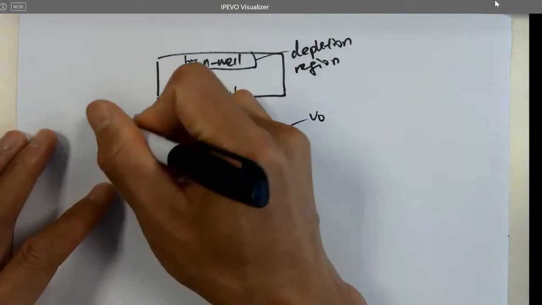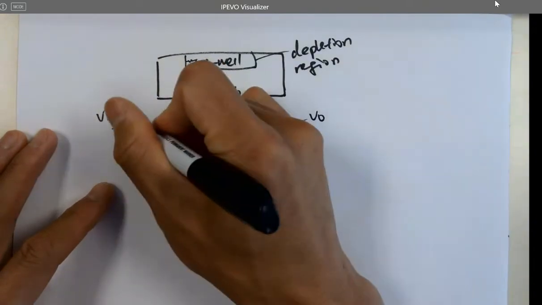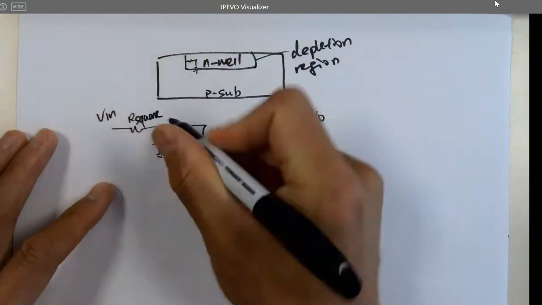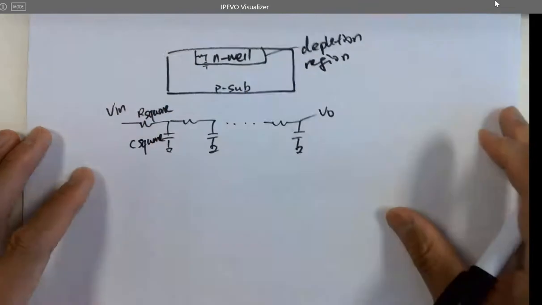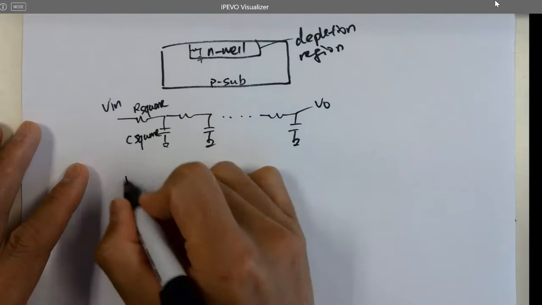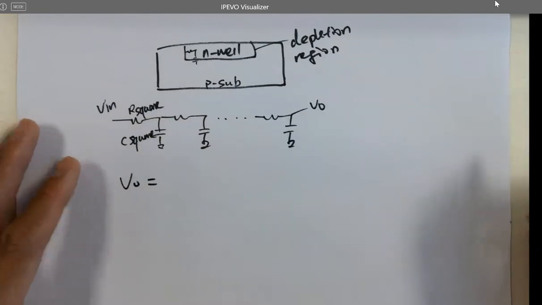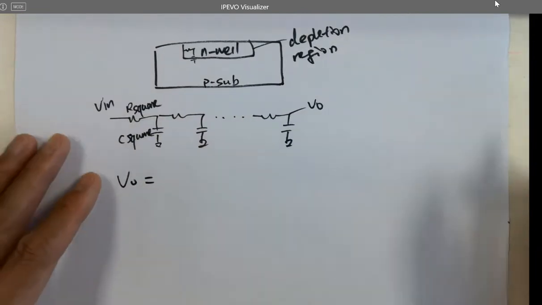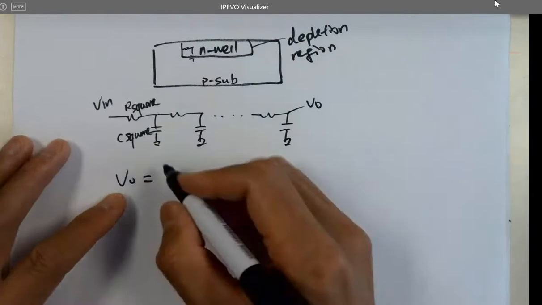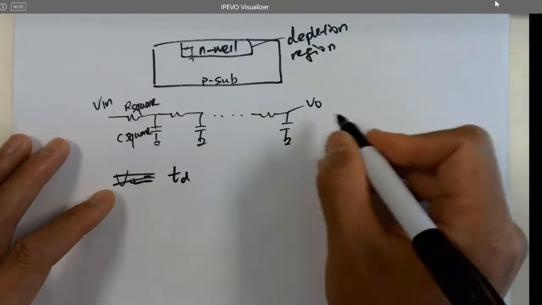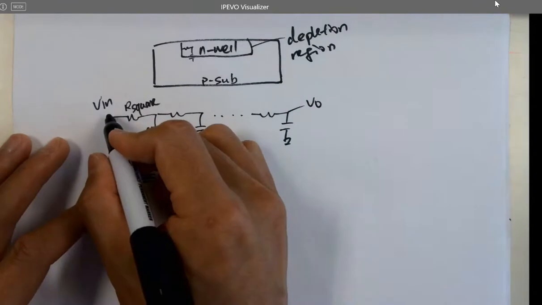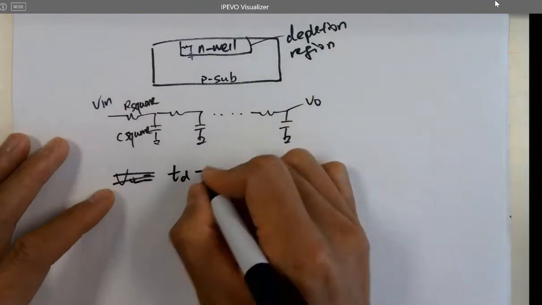Here's V in, here's V out, and this is R square, and this is C square. And as we derived last time, we're not going to do that again this time. So the TD overall from V in to V out equals